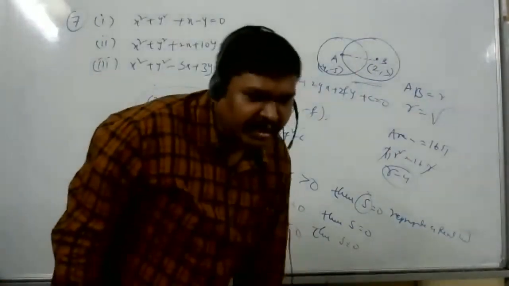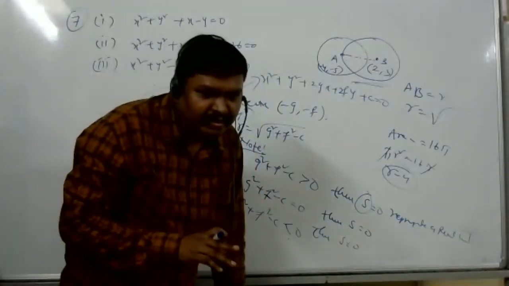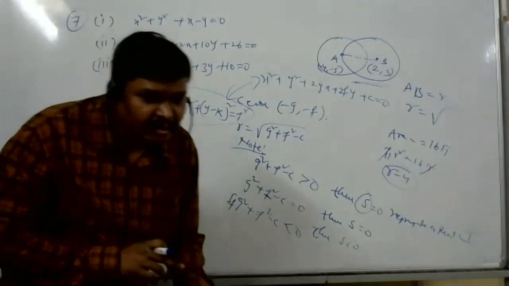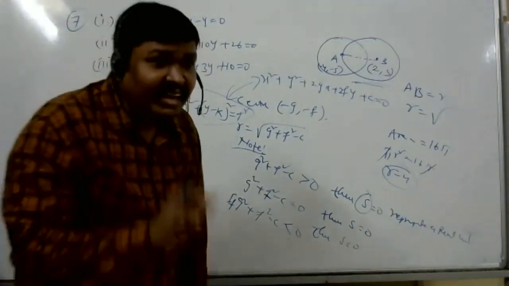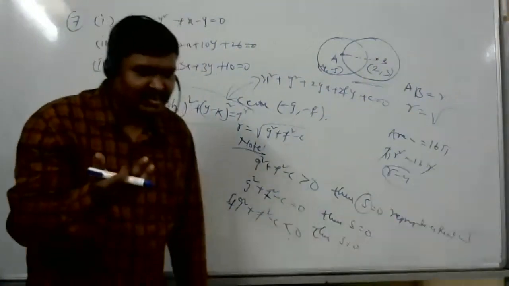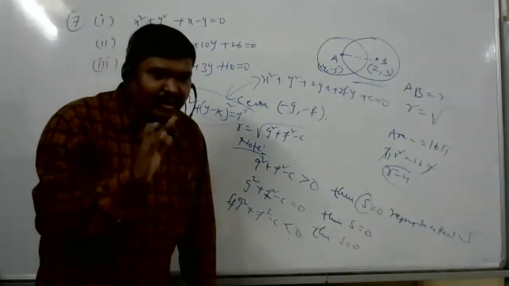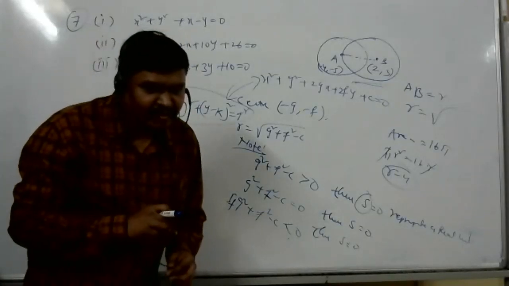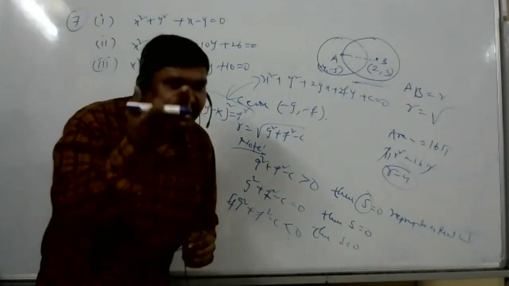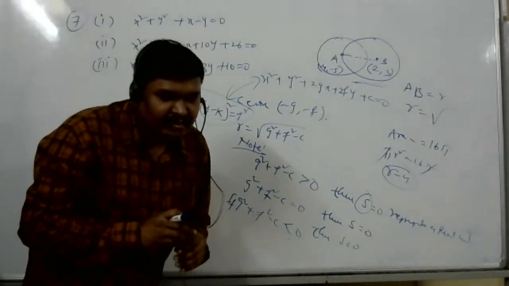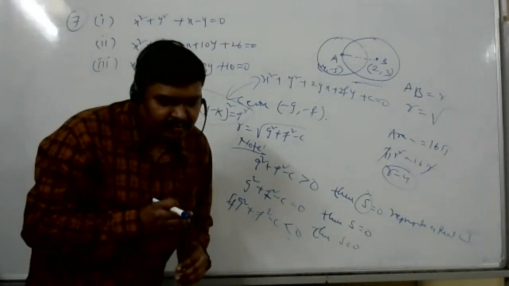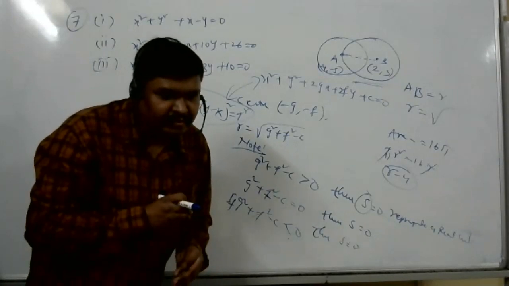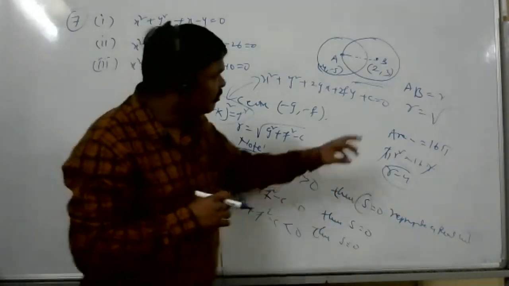Understood? So I kind of got it, but just one doubt, sir. Concentric circles have the same center, right? Same center and different radii. Yes, sir. Then why do we have different points A and B? A and B should be 1 point, right? I didn't get that point properly, so I'm sorry for it.